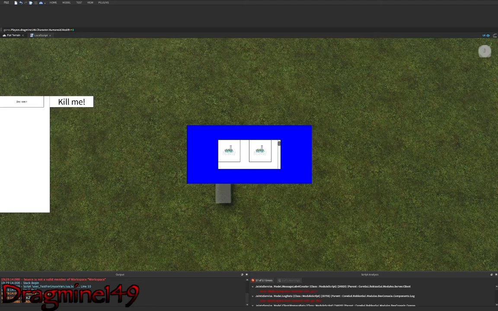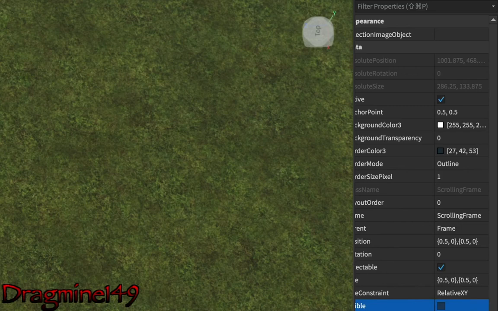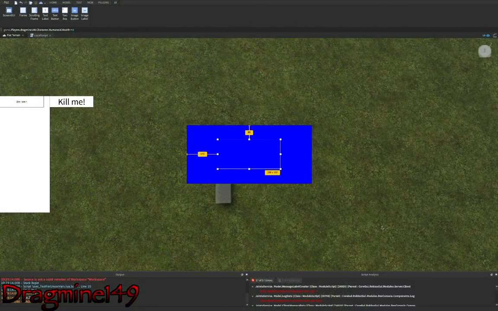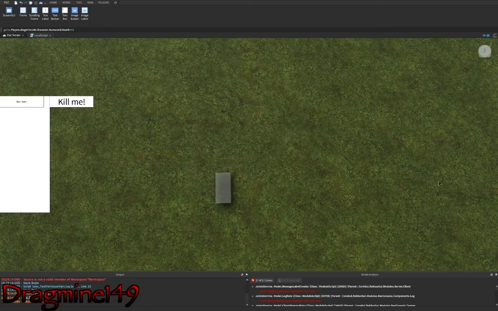Now I'm going to just get rid of my scrolling frame by setting the visibility. So where it says visible, if I just uncheck that, it goes away. So like so. Well, that's because there's a frame. You've always got to make sure it's the top layer, the layer closest to the screen GUI, because otherwise you'll do the wrong thing.